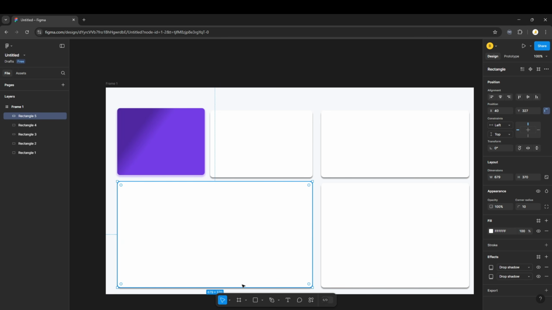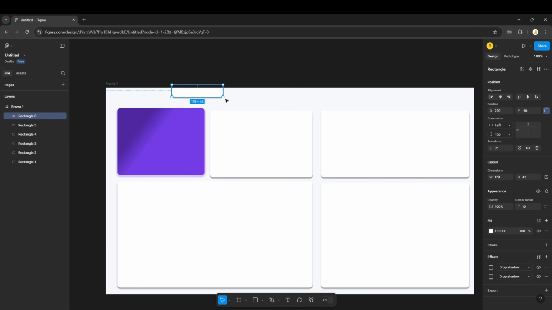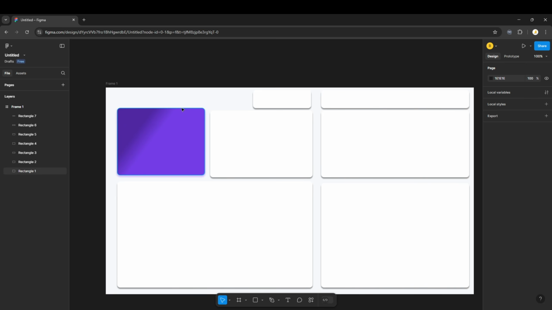And now let's create a rectangle for our slicers. Let's Ctrl C, Ctrl V again, and our first slicer will be here. Let's make it bigger. This will be the date slicer, and the second one will be the category slicer. That will be this one here, like this. And now one more step that we need to do is to add a title here, and we will